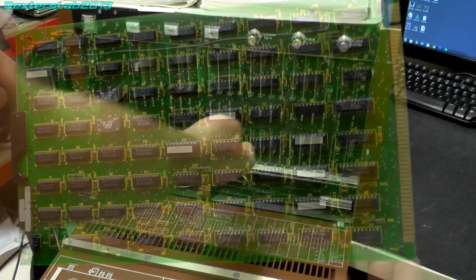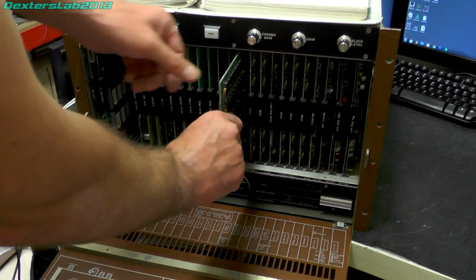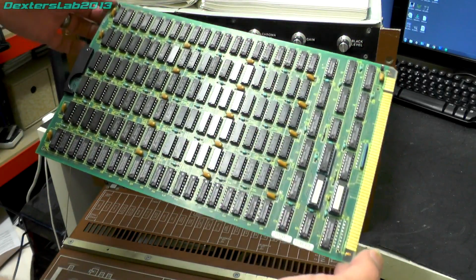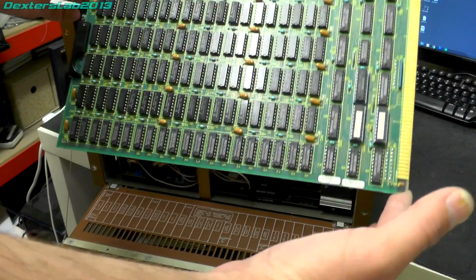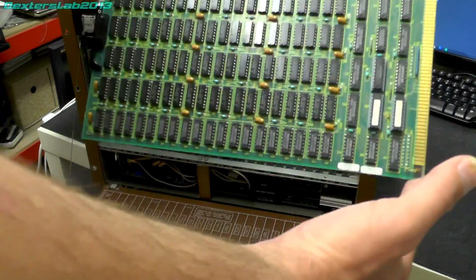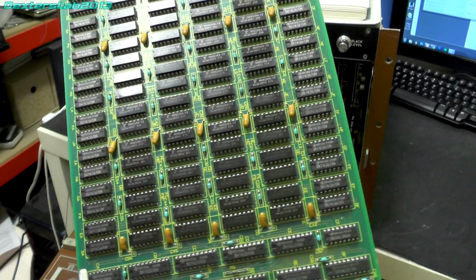Okay, the next card we have is called Store, and in the service manual it's called Frame Store. So I think we can pretty much guess what is going to be on this card. So yes, we have a lot of DRAM. The service manual says this system contains 6 identical frame store cards. Each card provides storage for 8 bits of picture information. The system further splits the frame store into 2 groups of 3 cards with a separate store address controlling each group. So just looking up these actual DRAMs,